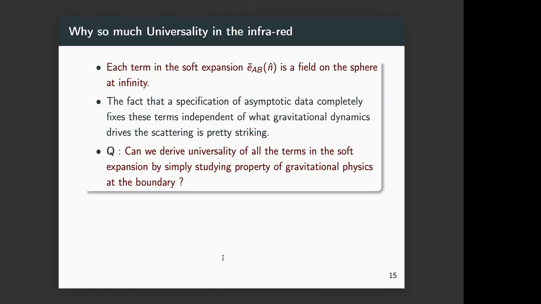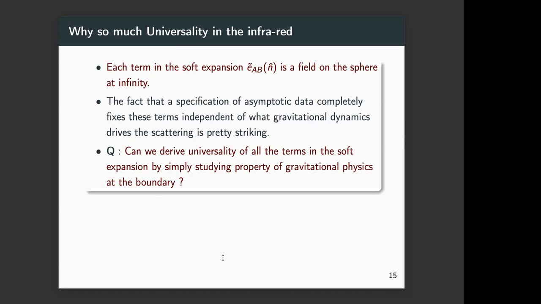And each term in this expansion is a function of the sphere. So it itself is like a 2-dimensional field on the sphere at infinity. And so it is quite remarkable that we have this hierarchy of these fields on a sphere at infinity, and it is completely fixed, no matter what kind of scattering we are looking at, by the asymptotics of the scattering